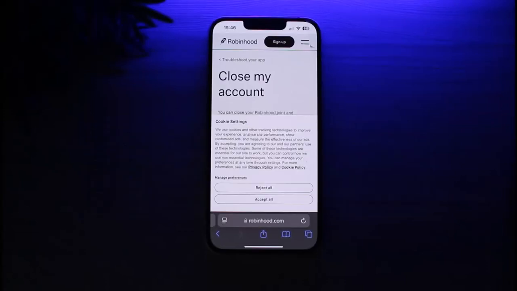In this video I'll show you how you can delete a Robinhood account, but before that please do make sure to